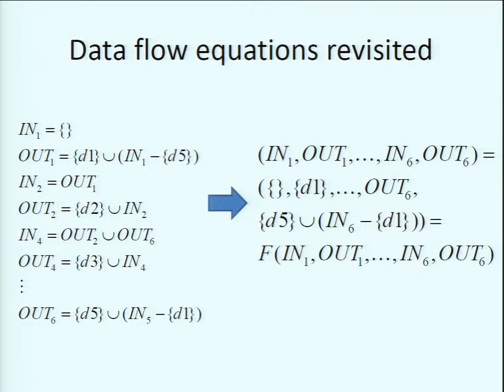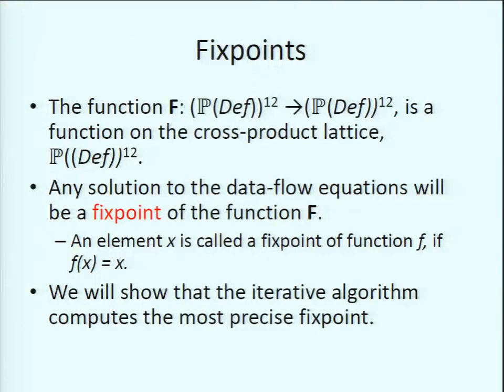Okay, so we have this vector of 12 values, in1 out1 to in6 out6, and it is equal to some manipulation of those in and out variables. So this can now be written as a function of in and out variables, right? Because it's simply doing some manipulations on the in and out variables. So we have this function f here, which depends on these 12 in and out variables. And so what is this function f?